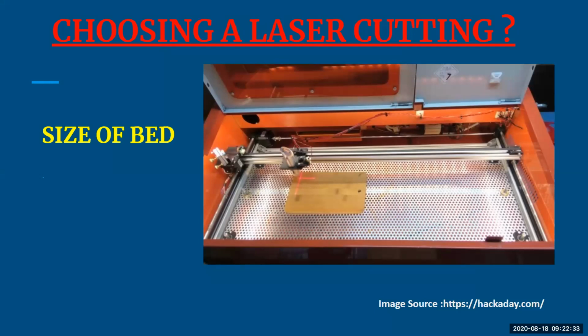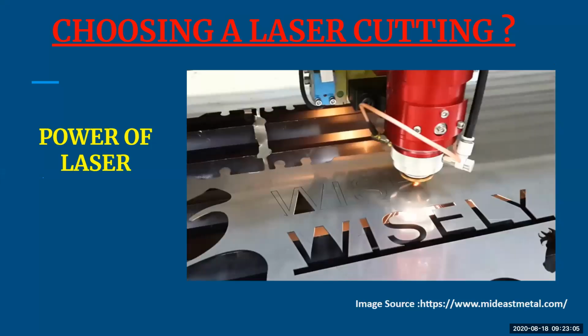Basically, here it consists of a two-axis mechanism. There is a mirror and there is a lens that will help you to direct the laser beam to the correct location and help you to focus on the material which is to be cut. So with your laser cutter, the lens and mirrors will help you to cut the material with more accuracy. So the size of the bed is very important. Depending on the type of material which you are going to cut, you are going to select that type of laser cutter.